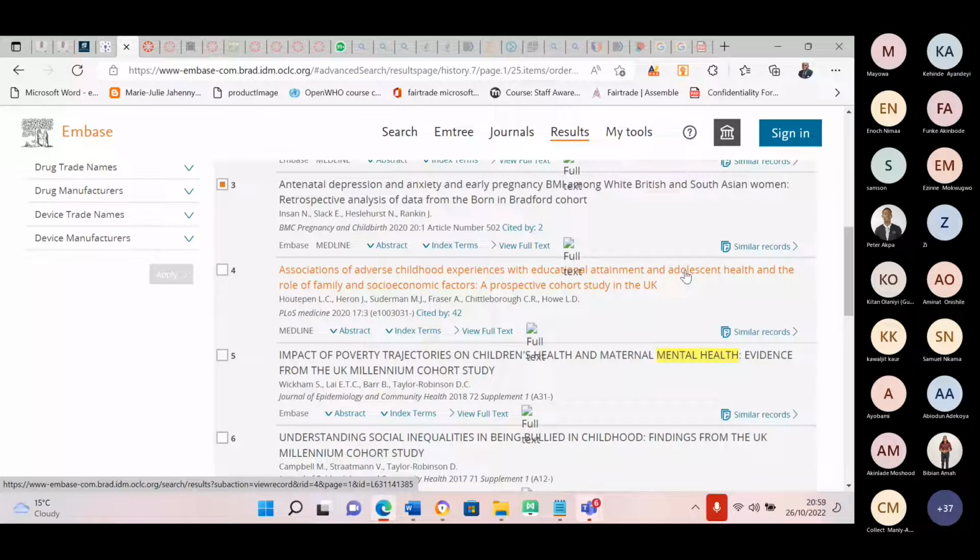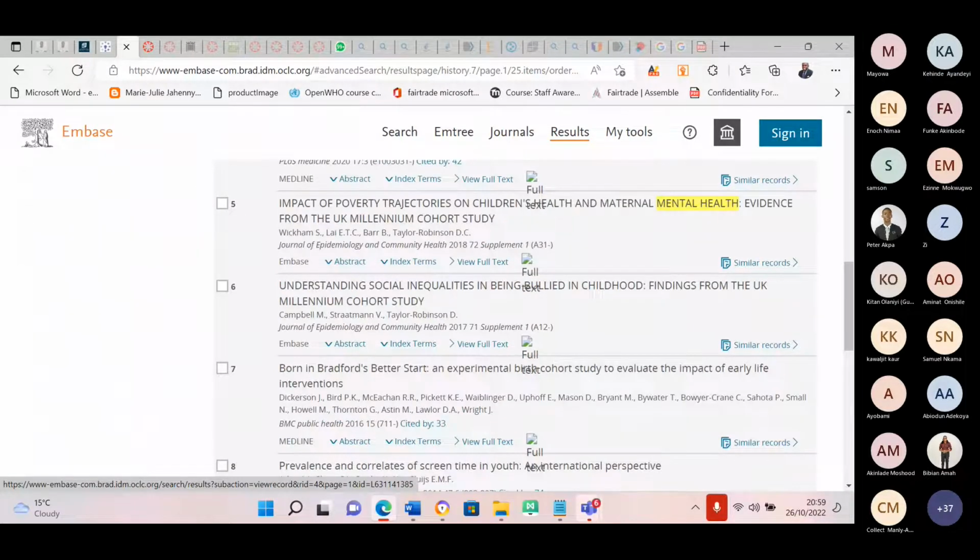This one is about childhood experiences and education attainment. Does it fit into our research topic? Obesity, mental health, child obesity. Is there any obesity here? There is no obesity here, right? So it doesn't